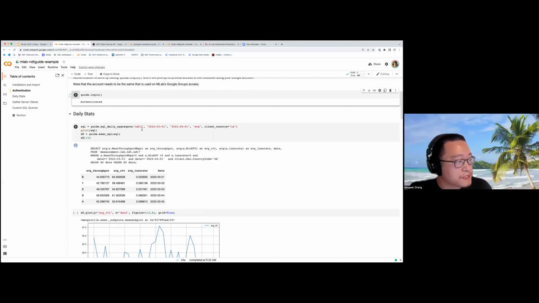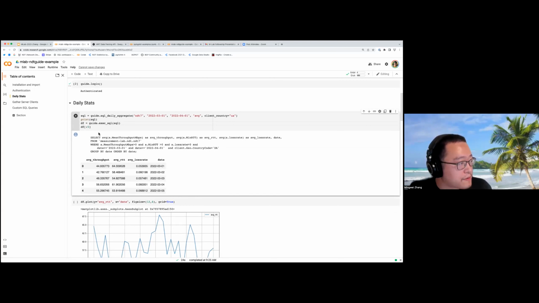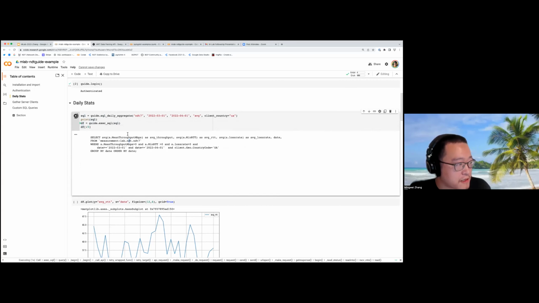So for example, this is the one that I showed you on the previous slides, where you can ask for the average test for clients located in Ukraine between these two dates. Here, what I'm doing is printing out this raw SQL command so you can see what's being generated, and also running it, and then showing the top 5 results from the data frame.